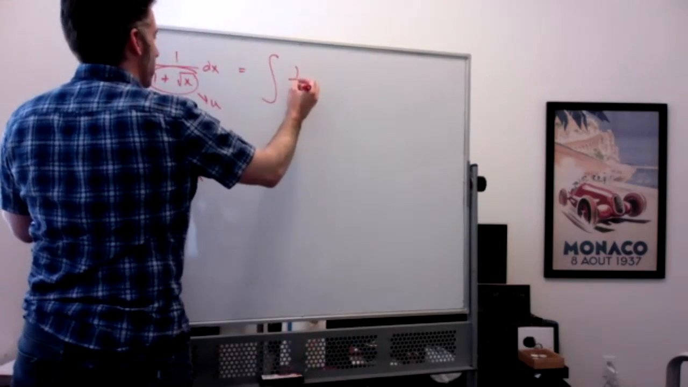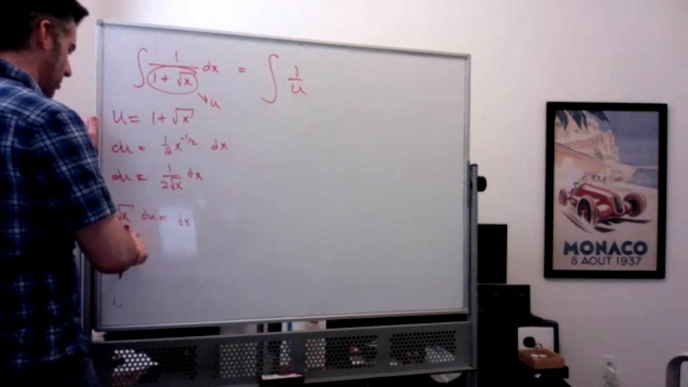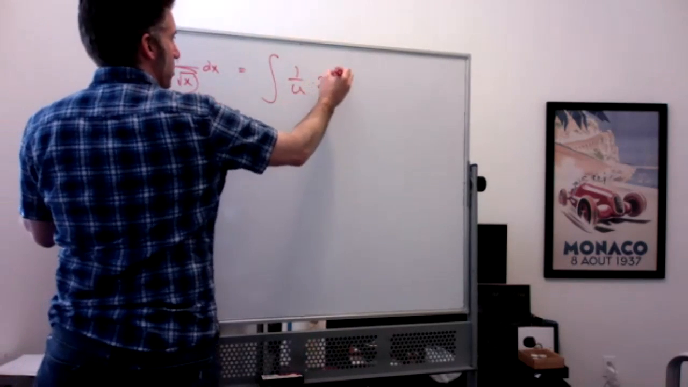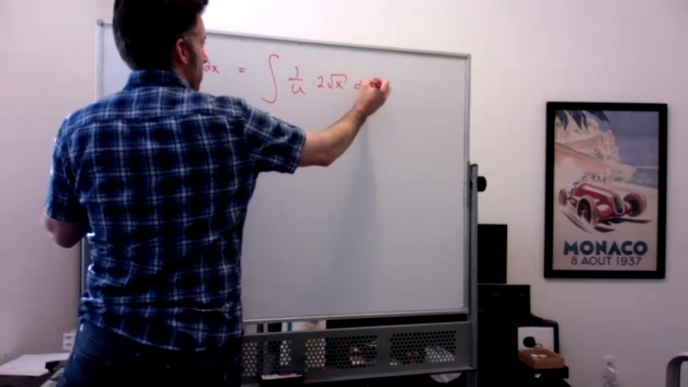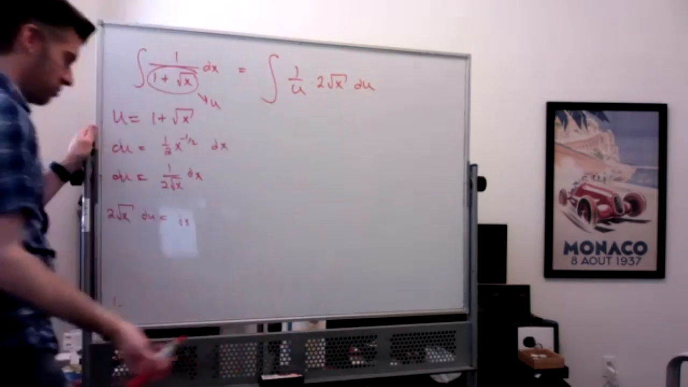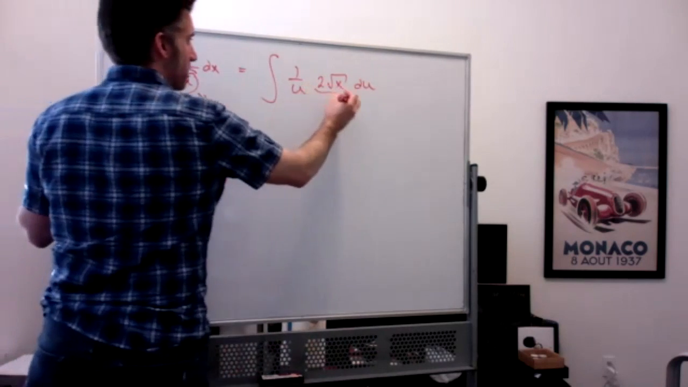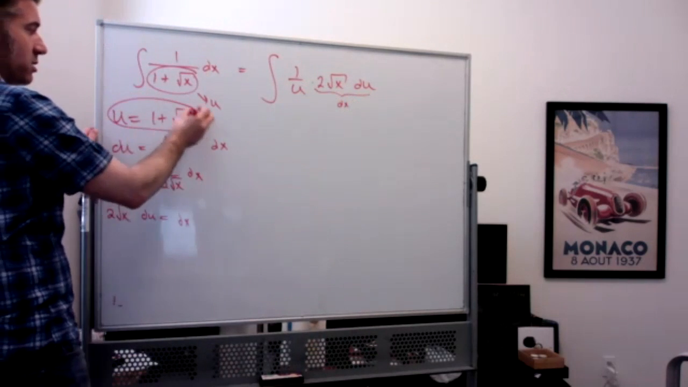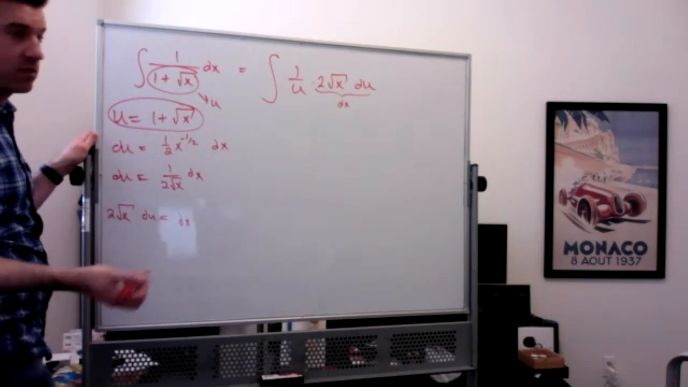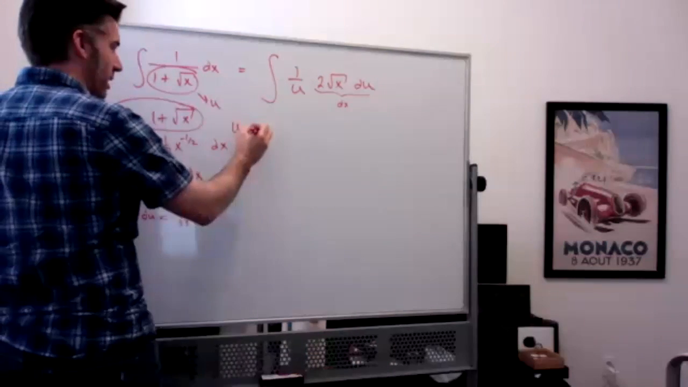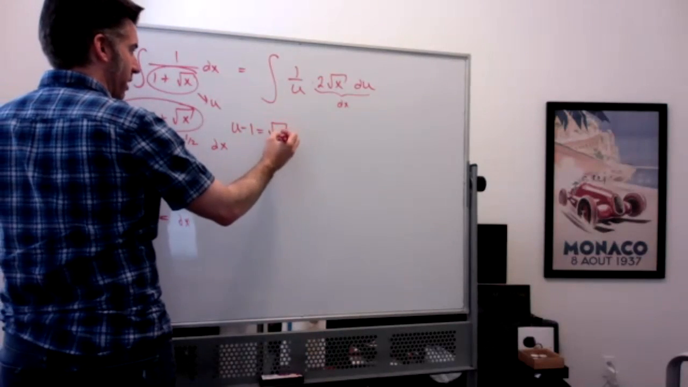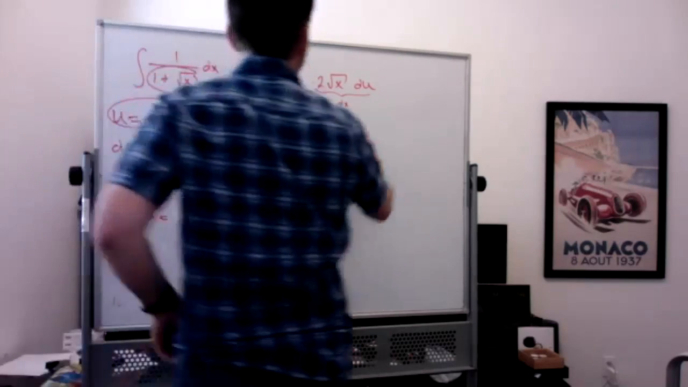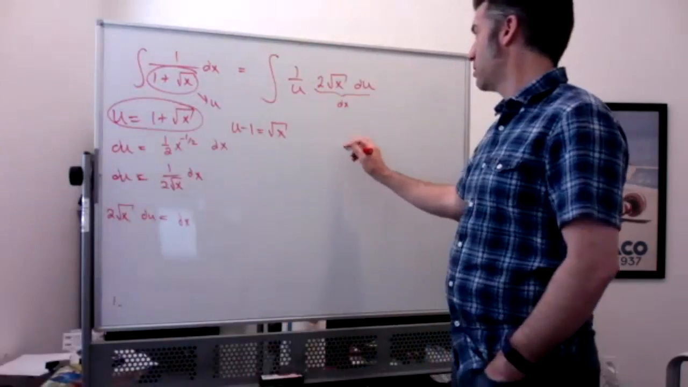Let du be 1 over u, and then dx is going to be 2 root x du. Right, that's my dx. But then look, the square root of x we can solve for. If we isolate the square root of x, we can say u minus 1 equals the square root of x. So we can actually rewrite this as